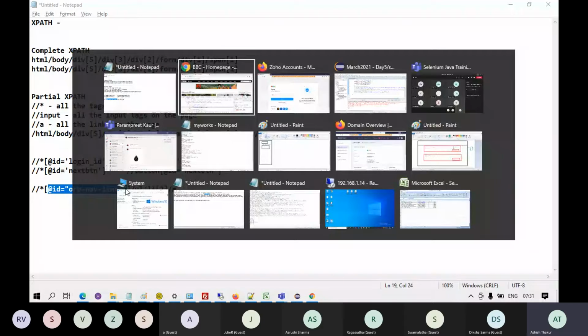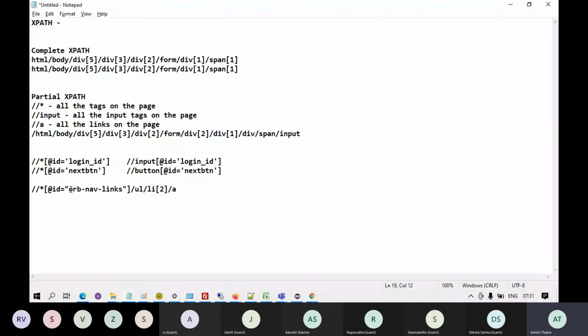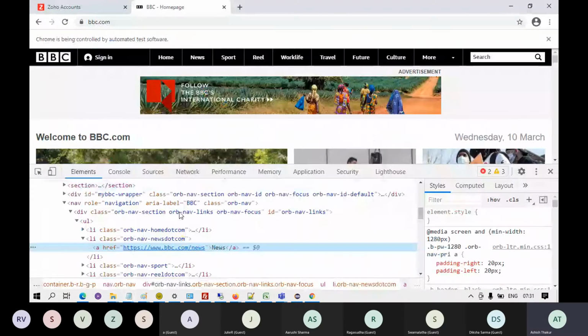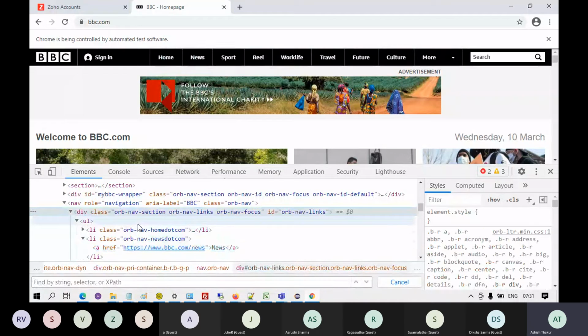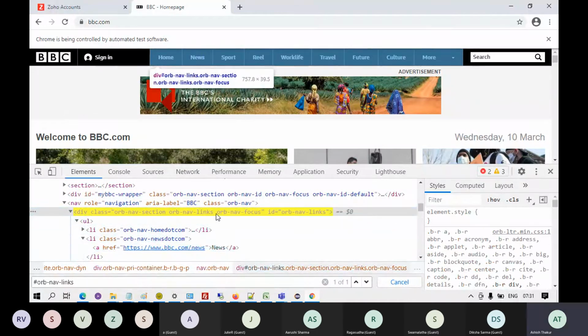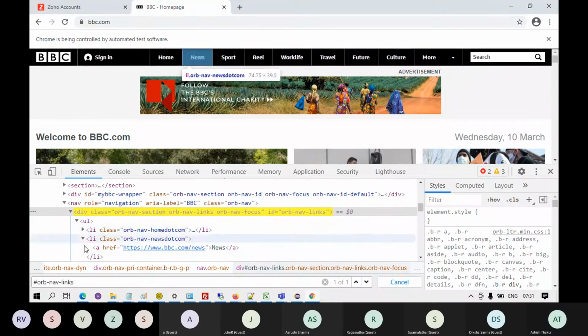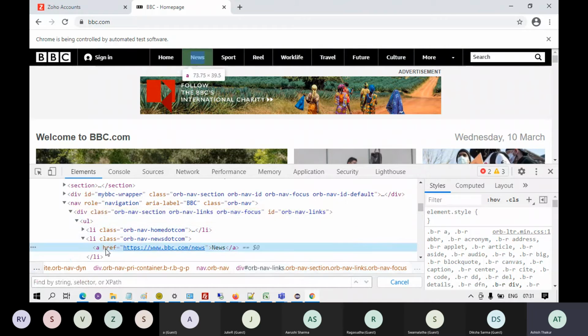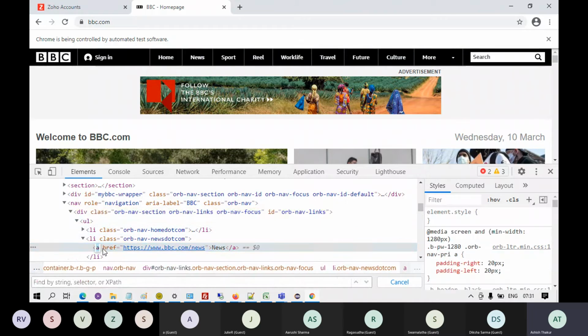So you go to the page source and you get this element. All right, forget about what I had written. So what happens is that this link has got no ID.